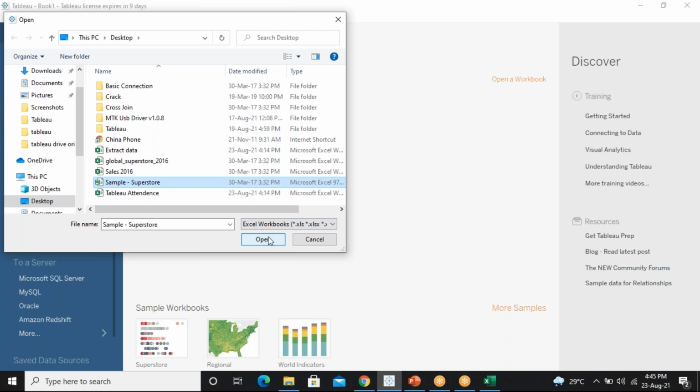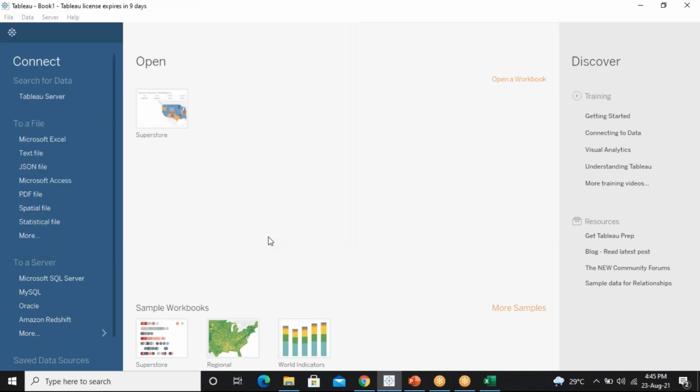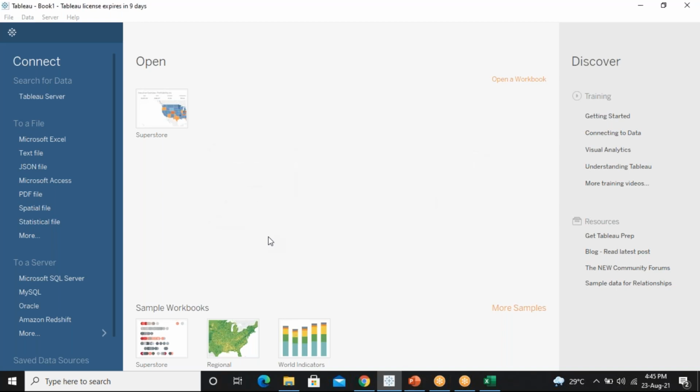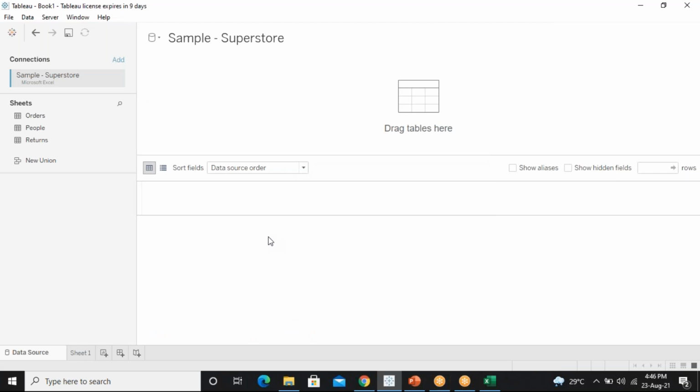Just take this particular file and open it. Let me know once all of you open the file. Just drop the messages once all of you open the file. I'm keeping an eye on the chat box. Open the Superstore, sample Superstore workbook.